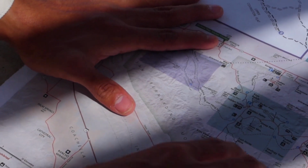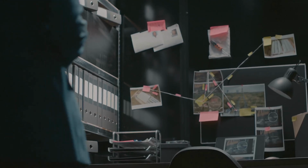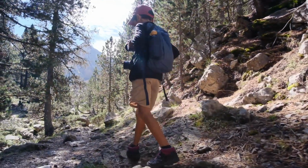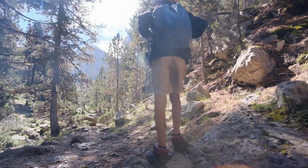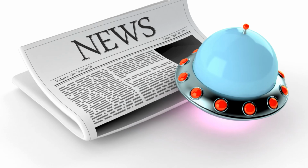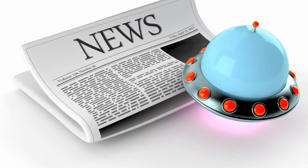Some believed there was a logical explanation. Others suspected something more sinister had occurred. Theories and speculation ran rampant. Some people suggested she had gotten lost. Others thought she had wandered off on her own. Some even whispered about the possibility of alien abduction,